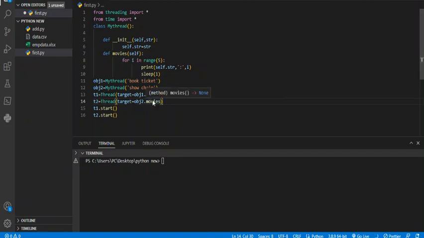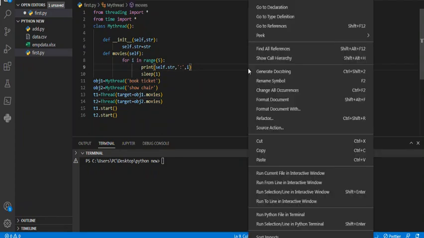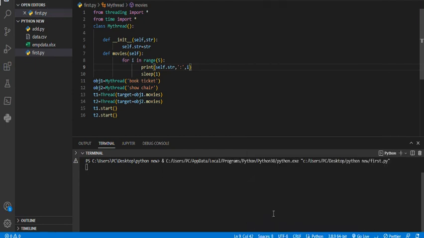So to achieve multitasking we have to create two threads here. One person will book the ticket and one person will show the chair, and we are looping this. See the output: book ticket 1, show chair 1, show chair 2, book ticket 3, show chair. If you see this you can understand. Book ticket, show chair. Second one also book ticket and show chair. Fine. But the third one, you see,